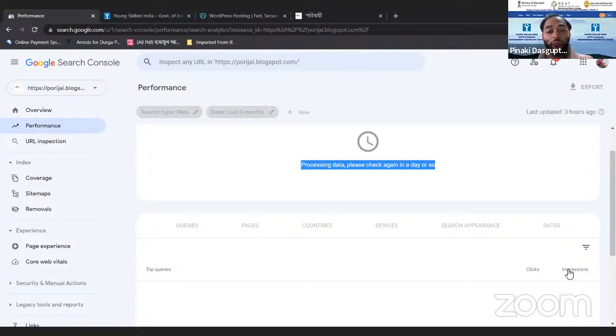So in this particular section, you will check from which query you are getting the impression, and how many people have clicked against that particular query. In this way, you can understand whether the query people are searching is relevant for your website, and based on that you can also decide whether to change your keywords, modify your keywords, or add further keywords. All these decisions you can take from this data only.